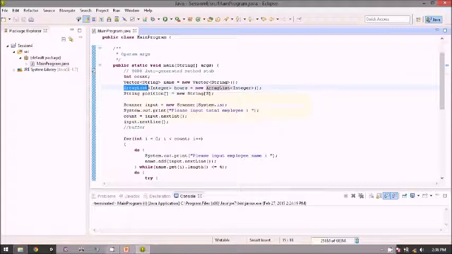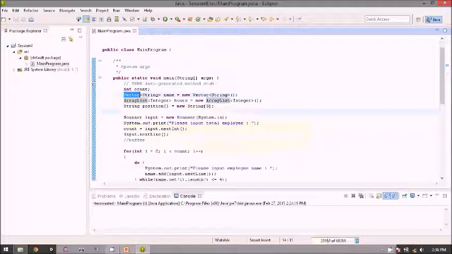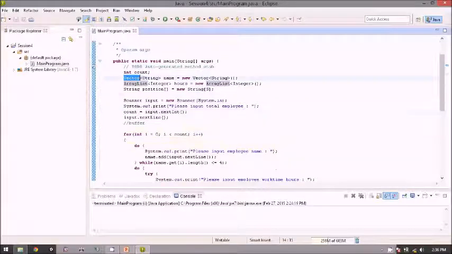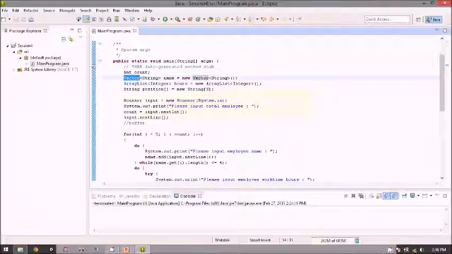And then for the vector, as I said earlier, both of these are dynamic arrays, so the size will grow depending on how much space we need. But vector and array list use two different algorithms to expand their size.